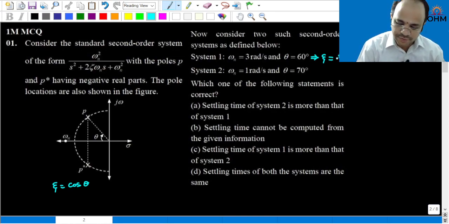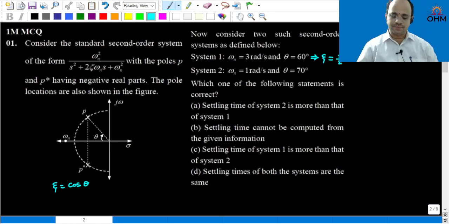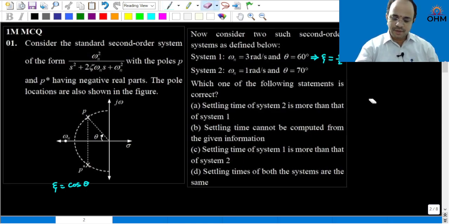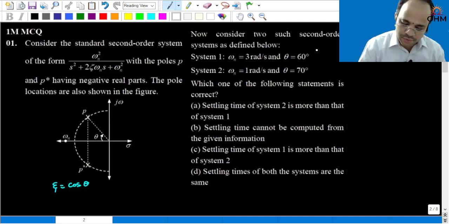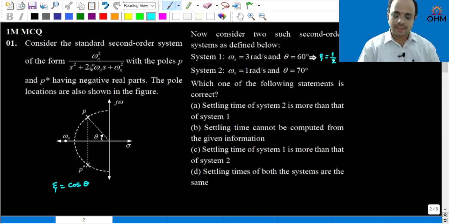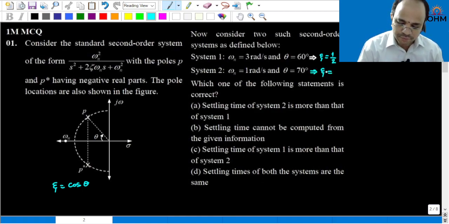Here cos theta will be 1 by 2, so the damping ratio is 1 by 2 for system 1. Next, for system 2, the damping ratio is cos 70 degree. Cos 70 degree numerical value is